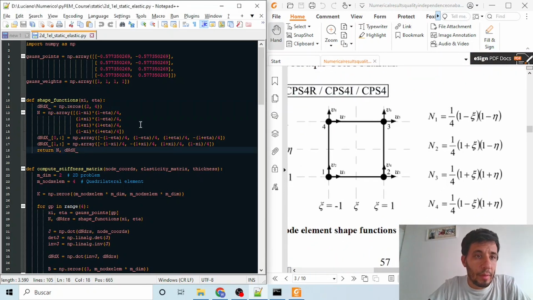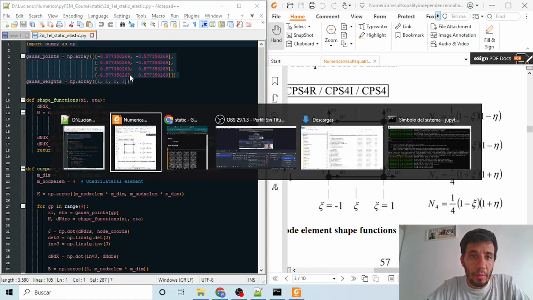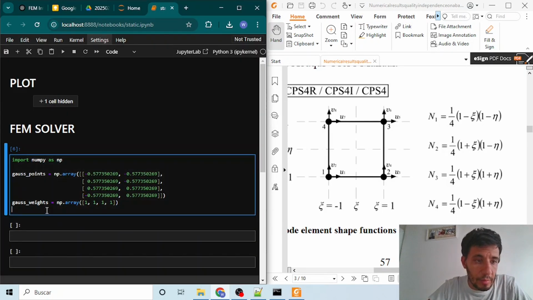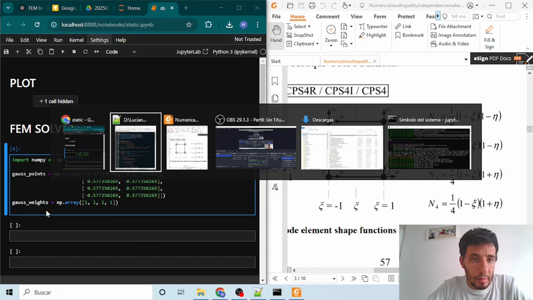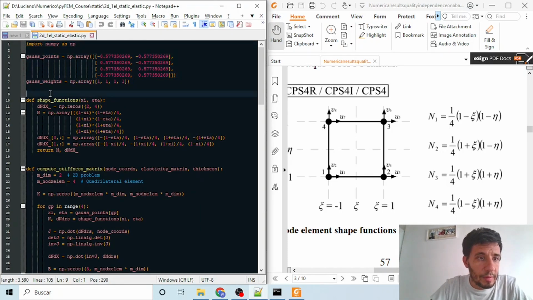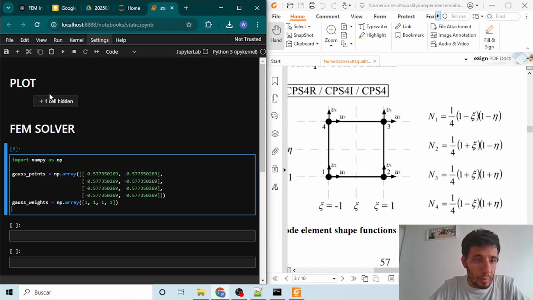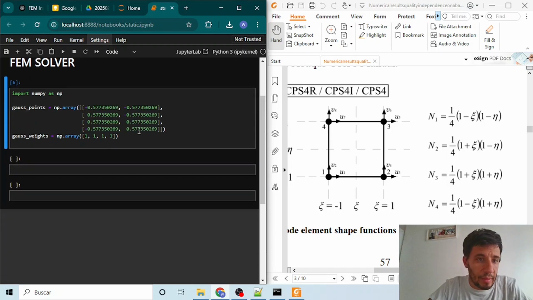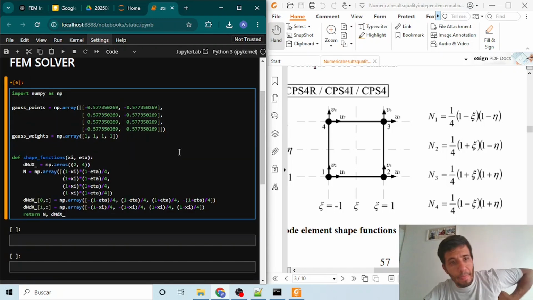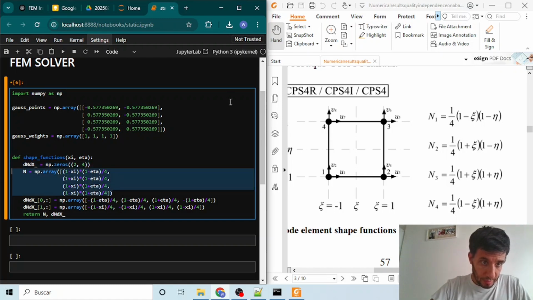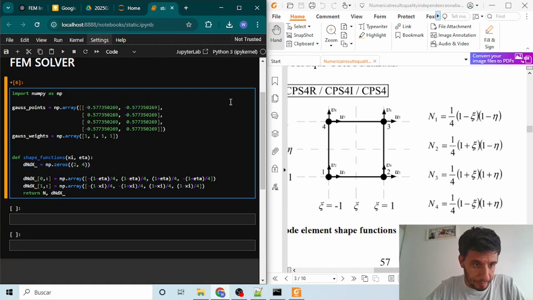The first thing will be to include NumPy, which is our mathematical library. We will run this to study the code itself. The first thing you want to do is to define these functions. We only need to build the derivative functions, the derivatives of the shape functions.